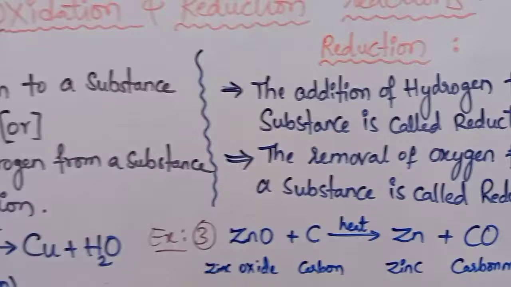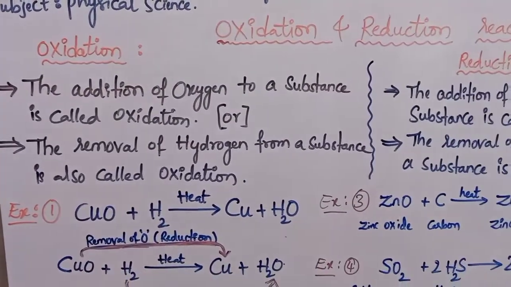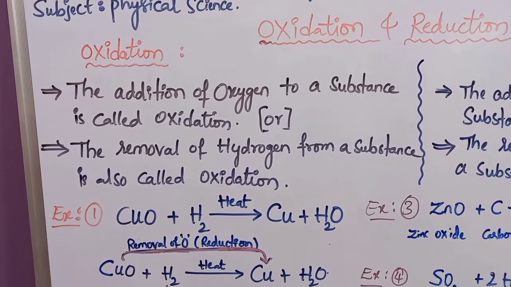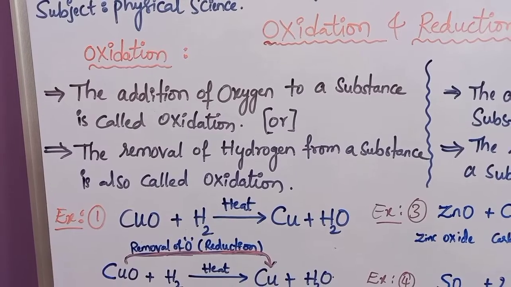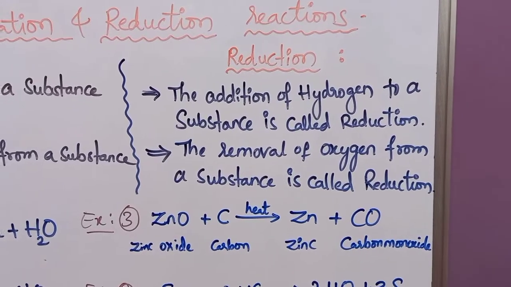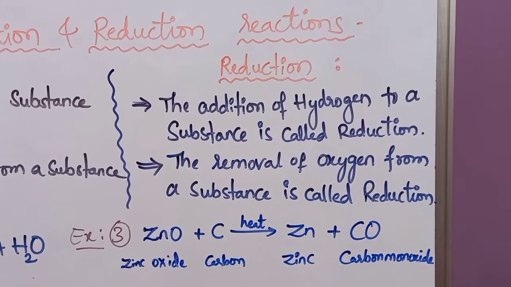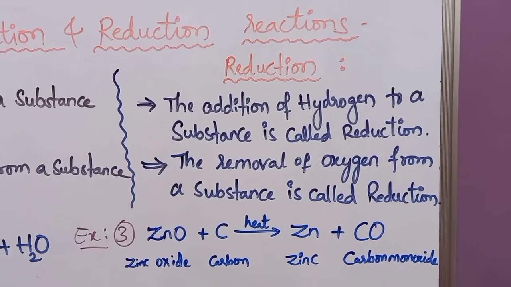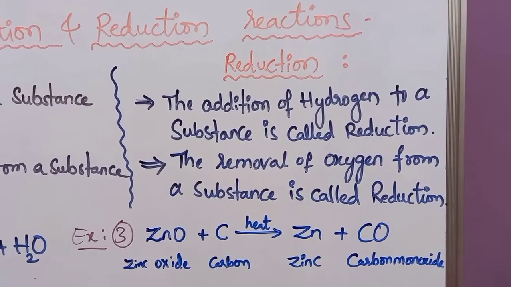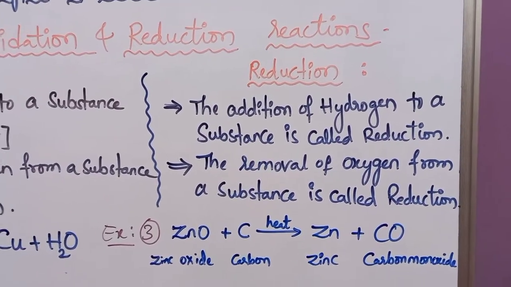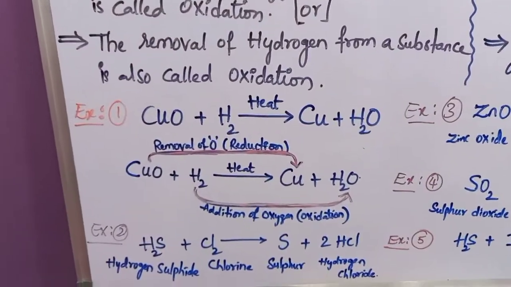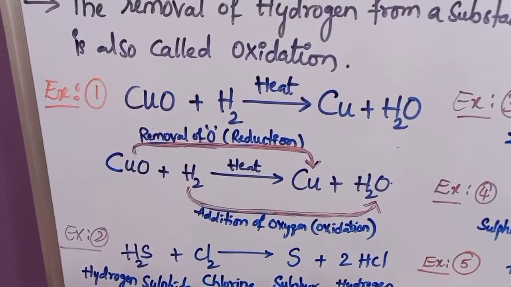So these are the definitions. Here are the important key terms you have to remember. Oxidation means addition of oxygen or loss of hydrogen. Addition of oxygen or removal of hydrogen, or gaining of oxygen or losing of hydrogen atoms is called oxidation. Whereas addition of hydrogen or removal of oxygen from a substance is called reduction. We can also define it in another way, that is gaining of hydrogen atoms or losing of oxygen atoms from a substance is called reduction. Okay, keeping these definitions in view, now we will see some examples to understand in a better way what is oxidation and what is reduction.